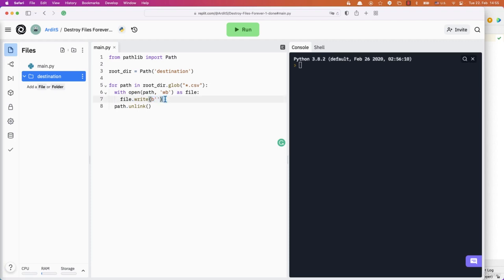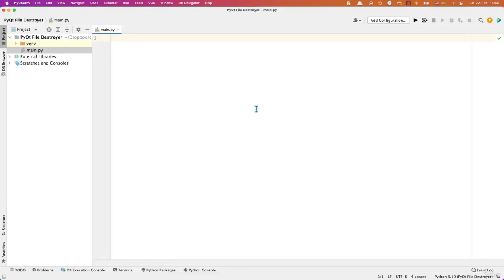So basically, each file will be overwritten with some empty content, and that makes the file hard to recover if somebody else gets your computer and they try to recover your hard disk previous content. Because the file will be overwritten by Python. And then finally we delete that overwritten file. So first we overwrite it and then we delete it. This is the script that does this, but now we want to take this one step further and build a